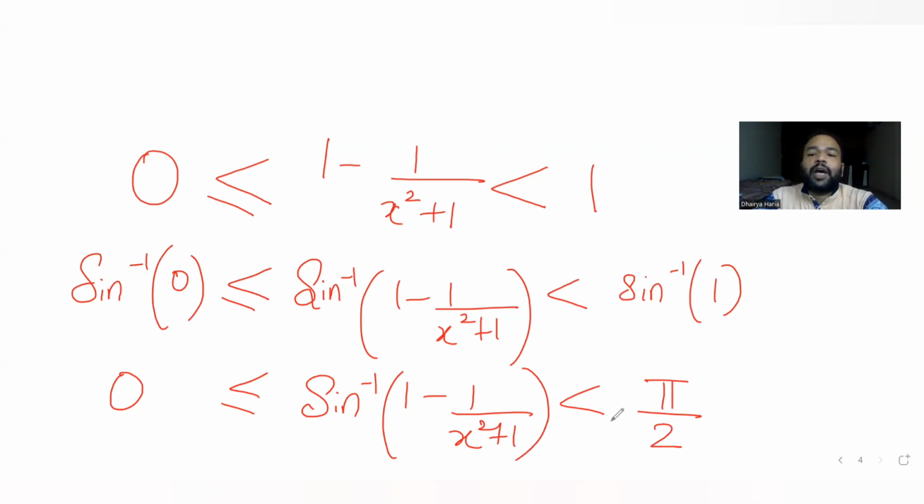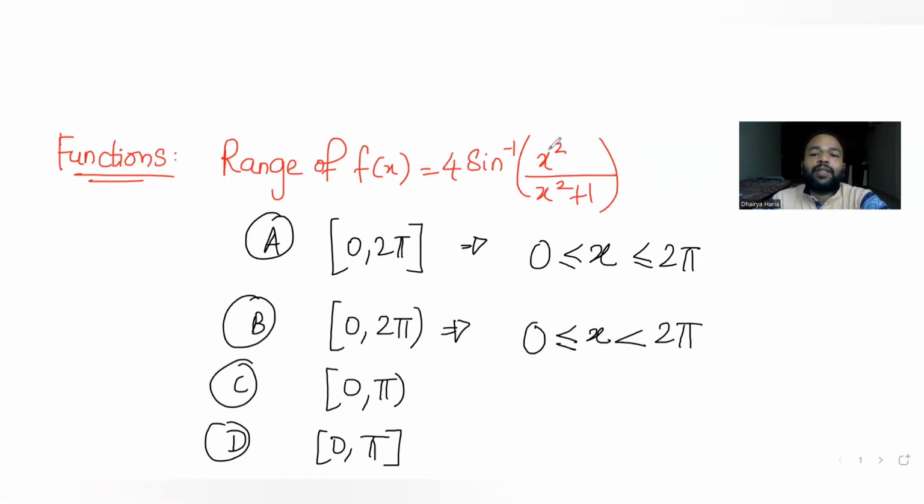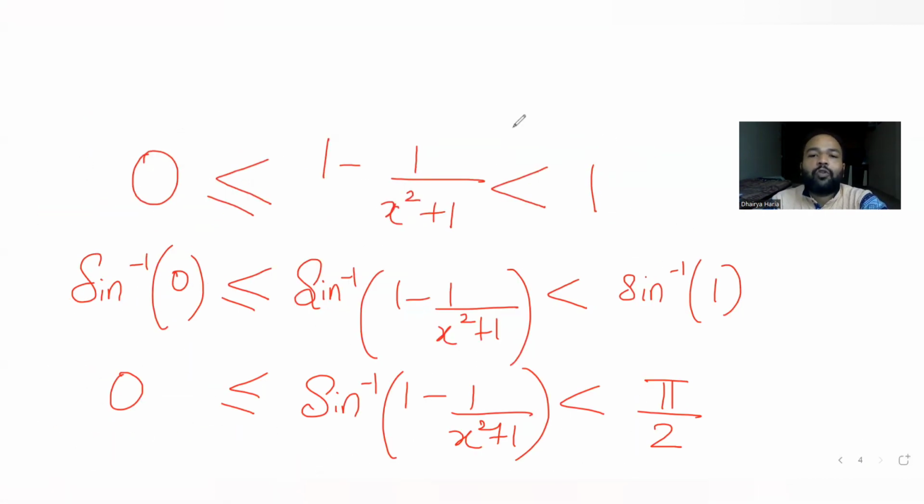Sine inverse of this entire expression has the closed interval of 0 because it is still equal to 0, but it is less than pi by 2. So it is an open interval for pi by 2. But we don't want sine inverse only with this expression. We also need to multiply by 4. So if I multiply by 4 throughout,